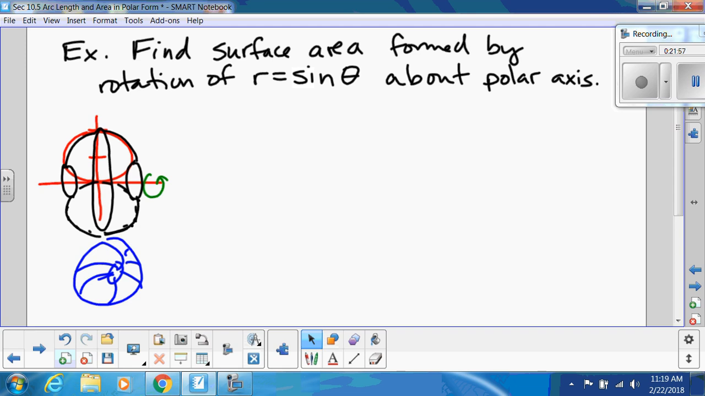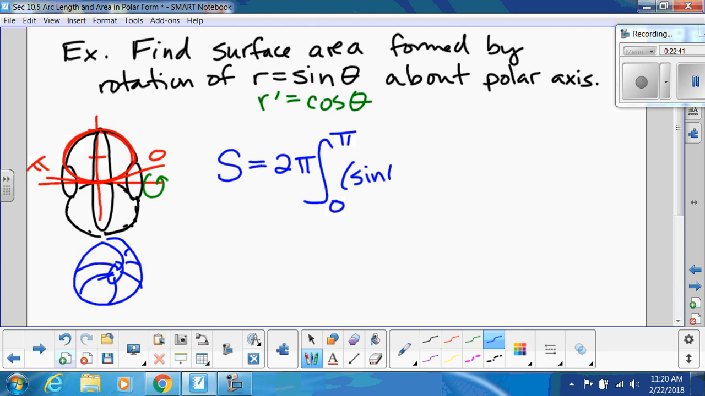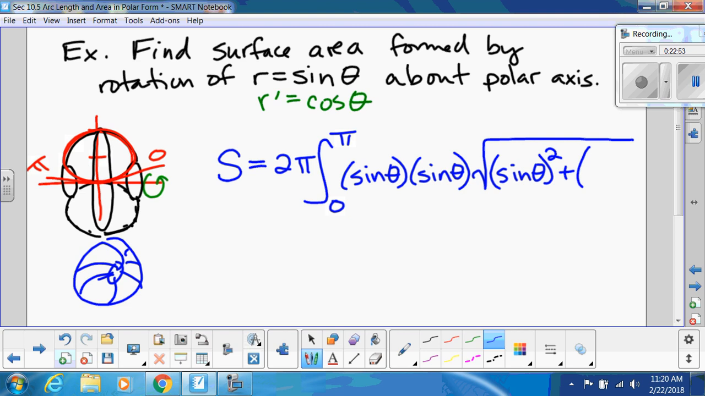Remember, to do the formula, we will need the r prime, which will be cosine of theta. We need to know when it finishes its cycle. To get all the way from here to here, if you trace that out, that'll be from 0 to pi. That tells us what our A and B will be, or alpha and beta. All right, let's do it. So surface area equals 2 pi, integral from 0 to pi. Then we're going to do r sine of theta, so sine of theta is the r, times sine of theta from the formula, and then times the square root of our r squared plus the r prime squared